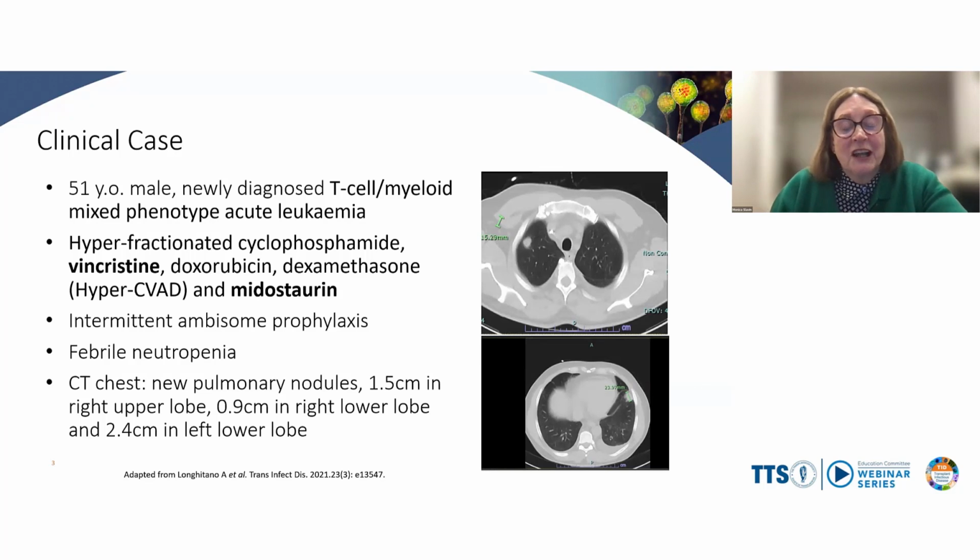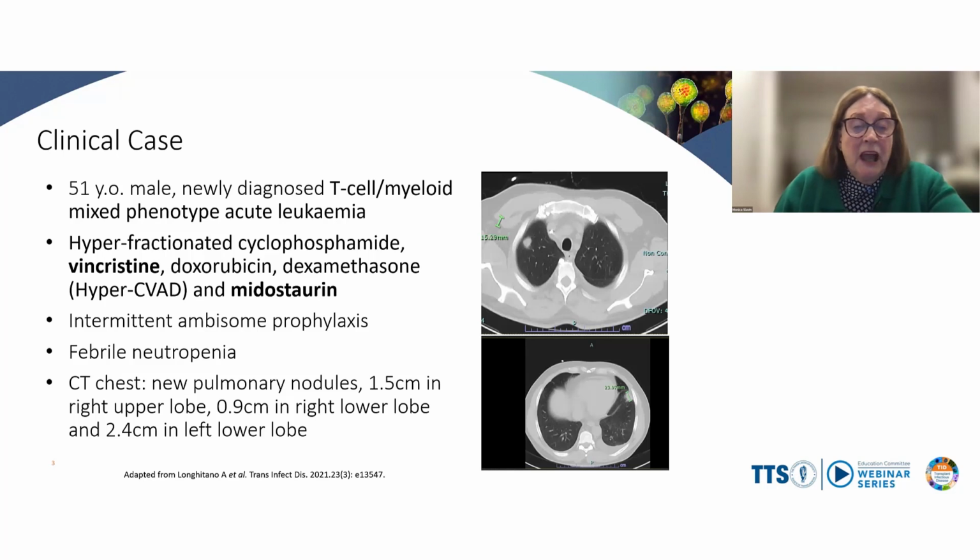I'm going to change slightly to the stem cell transplant setting here with acute leukemia, receiving hyperfractionated CVAD. And because of this chemotherapy with the vincristine, azoles were contraindicated, and so he was receiving intermittent AmBisome prophylaxis. He developed febrile neutropenia, which was prolonged and didn't settle with broad-spectrum antibiotics, and so went on to CT scan